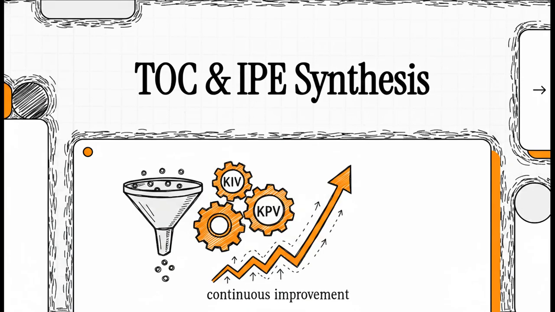We're jumping right into a really fascinating July 2026 white paper from IPE Services today. This paper does something pretty incredible. It takes two absolute titans of continuous improvement, Eliyahu Goldratt's theory of constraints and the IPE KIV-KPV-KOV architecture, and masterfully connects them. So if you've ever felt like your process improvement initiatives are either a bit too scattered or maybe they just lack deep, sustainable operational control, you are definitely in the right place.